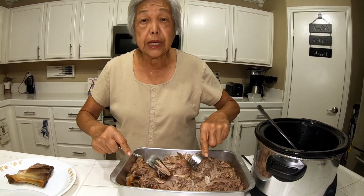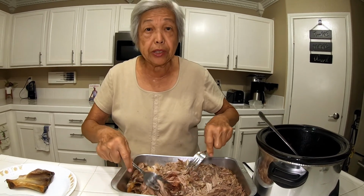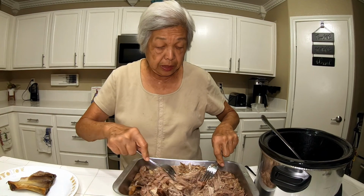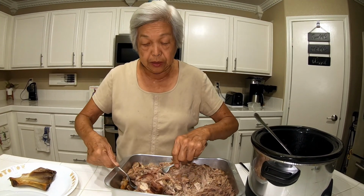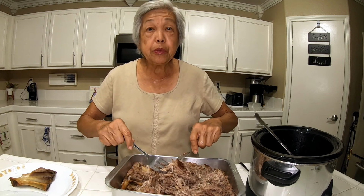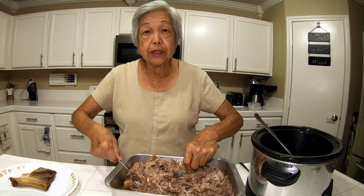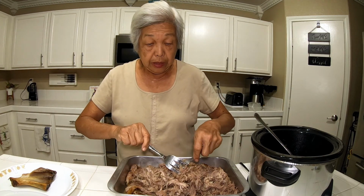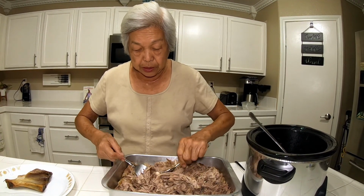Now this was 8.5 pounds of pork butt, but you can imagine if you had a party and you had to feed 100 people, how many pork butts would you need? Or if you did an imu, I-M-U, the pit, where you roasted a whole pig, it'll take hours and a long time to shred all the meat from the pig itself